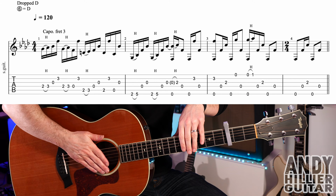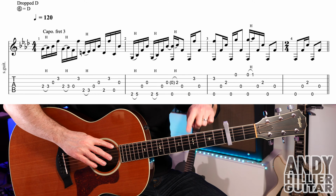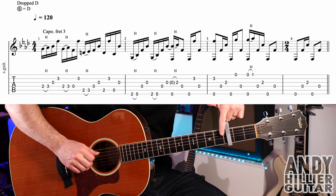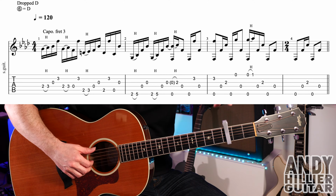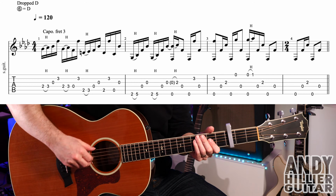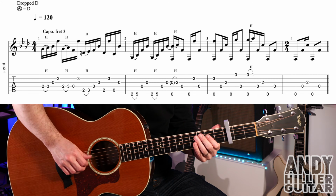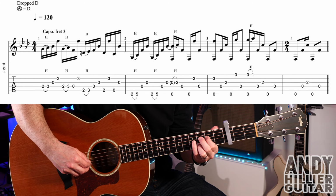My guitar is in dropped D tuning, so the top string, you tune down 2 semitones to D. And then we've got a capo on the 3rd fret. So you get... Okay, so the first line slowly goes...